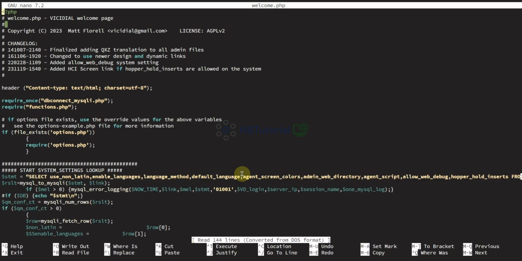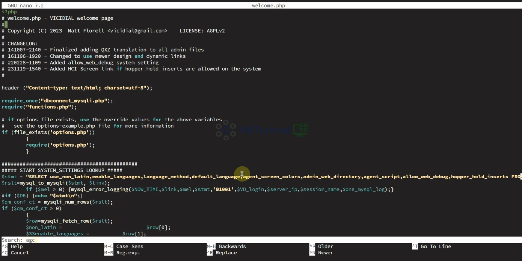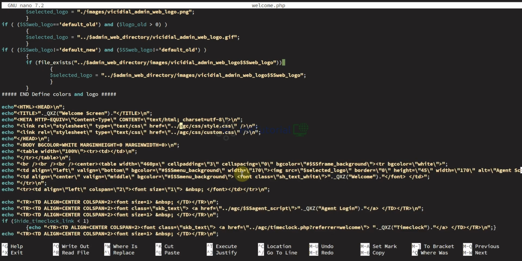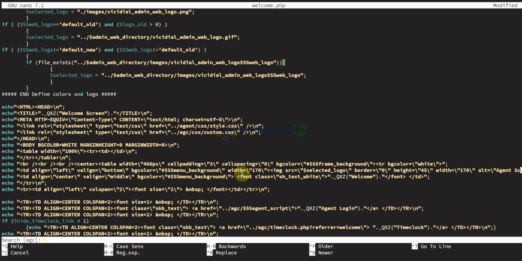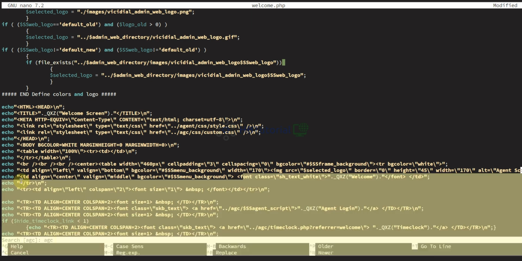From here, you need to look for the AGC folder. All the AGC folder references you can replace with agent. So just press Control W and then type AGC here.